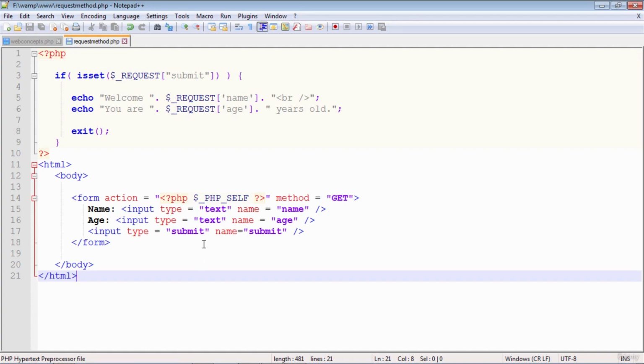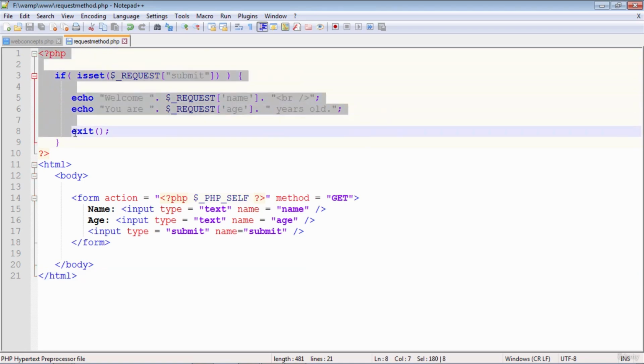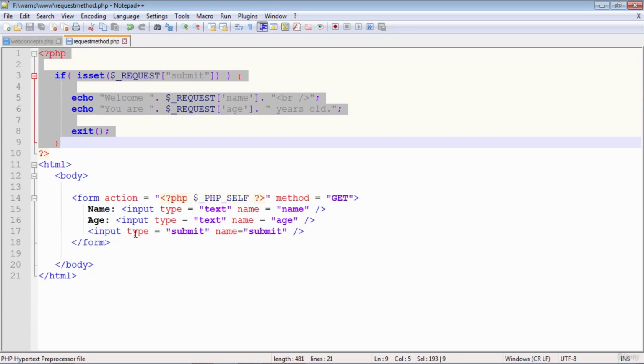After the submit button is pressed, first when this request_method.php is displayed by the browser the first time, obviously because the button has not been pressed yet, this condition will fail. This will not be echoed. Instead, the form will be displayed. After entering the data, if you press the submit button,